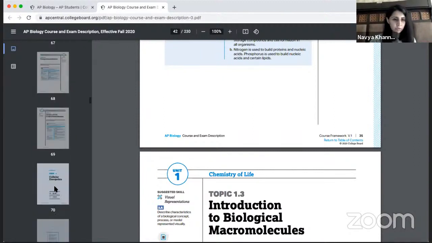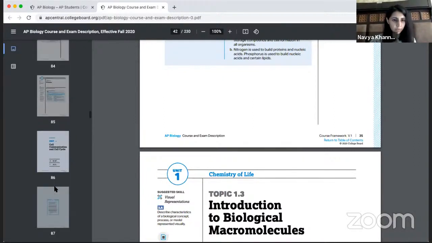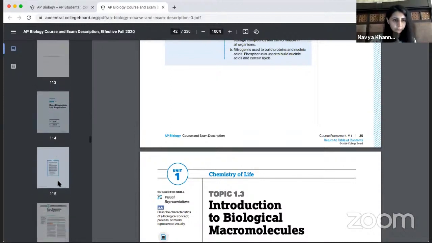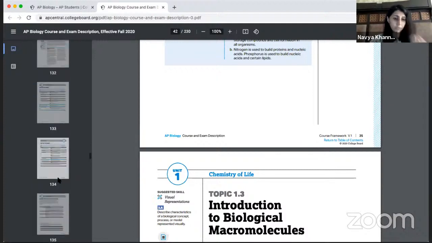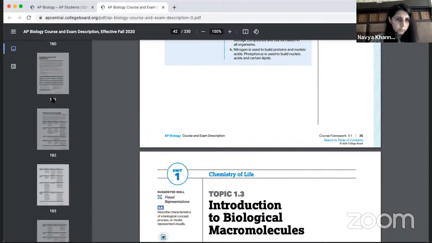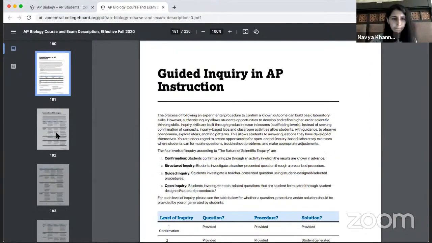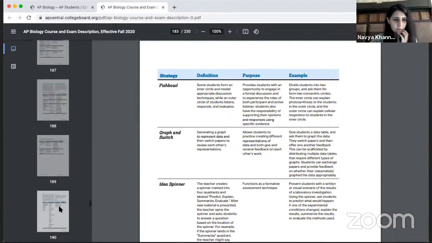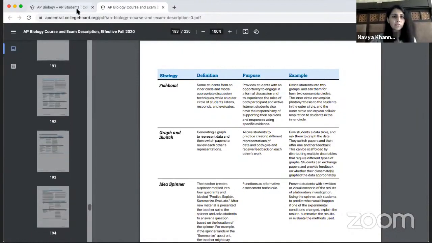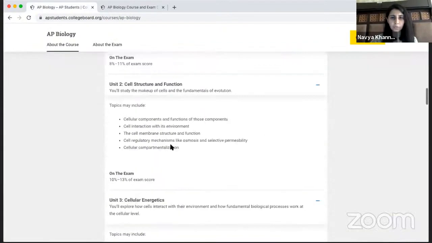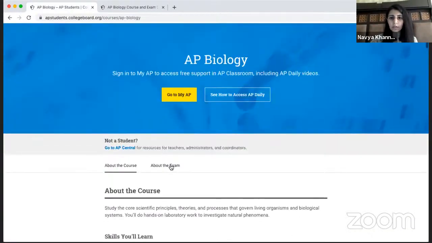And I think they've also here given you a few sample questions. Let me see if I can get to that. So again, and of course, in the website itself, they've given you previous solved papers. So let me see if I can pick up one. Yeah, so instructional strategies, I don't think they've given you a sample question over here, but I can show you on the website itself. If we go to about the exam,